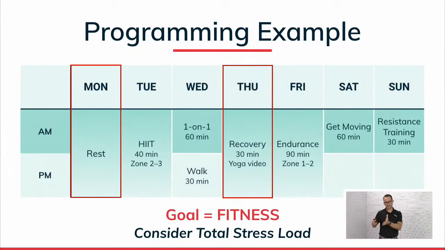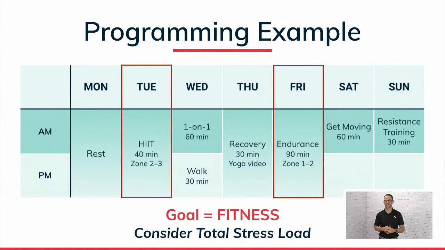And from there, our next step would be to add our key workouts. Again, the high intensity days or the longer duration days, no more than 2, and typically planning those coming off of a recovery or rebound day, if you like that term. So in this case, we'll have a high intensity training session, interval session on Tuesday, and then maybe Friday is a day where they get off work a little bit early, so we'll program a longer, low to moderate training zone run or cycle.